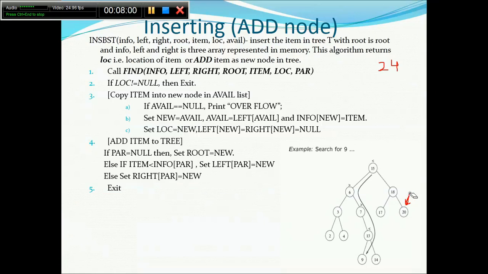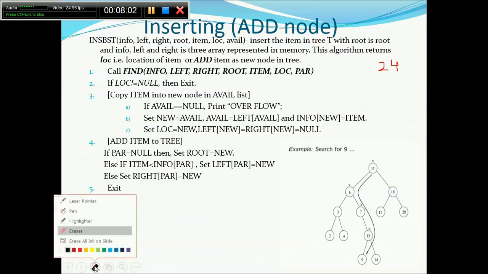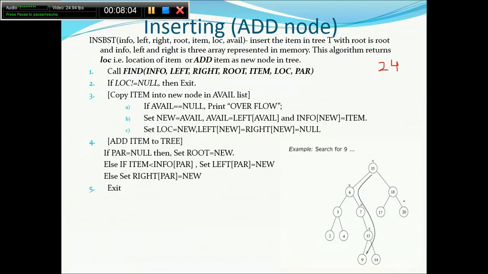I will mark it on the tree directly, so it would be helpful to go into the further algorithm, like how we can solve it further from here. If you want, you can check the previous video where you will get an idea how the find algorithm actually works. So this would be the parent. This is the parent, and the LOC is pointing to null. This was the scenario whenever the algorithm terminated while searching 24.